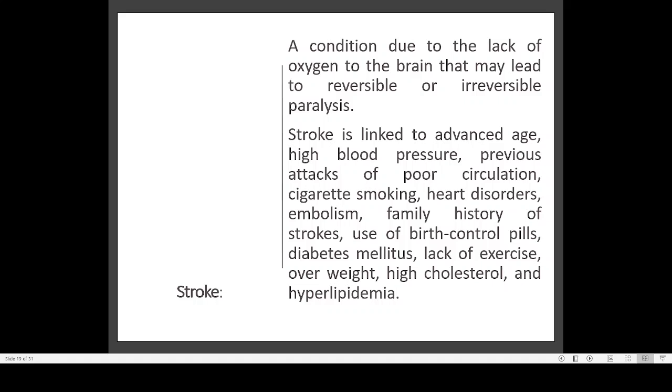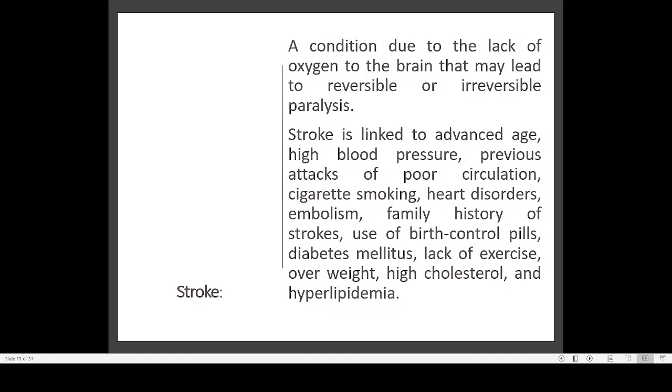Depending on the age of the person, if it is 50 plus, then it is okay. But if it is 80 plus, the chance of recovery is very slow and sometimes impossible in the case of stroke patients. So this is what is known as a stroke, and here this is also a stroke.